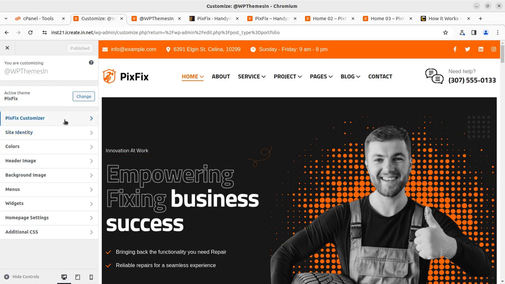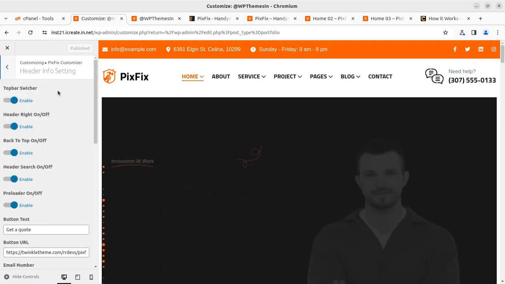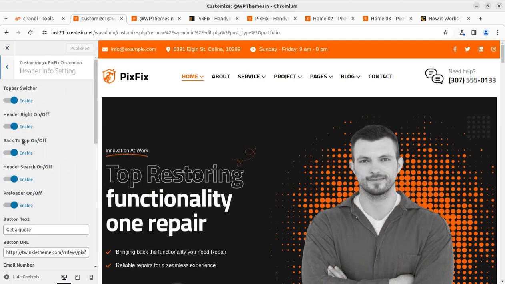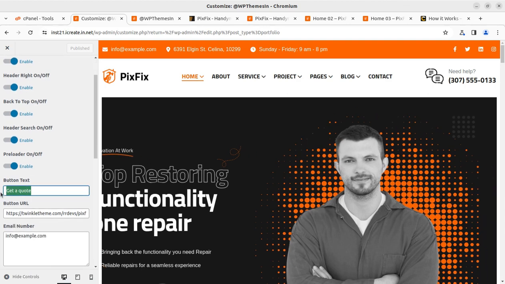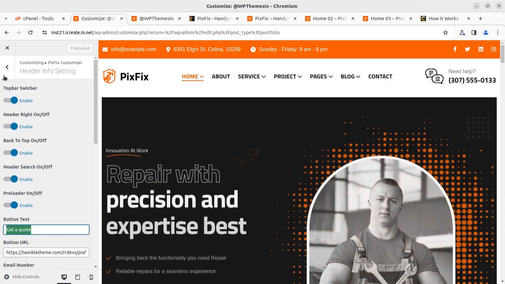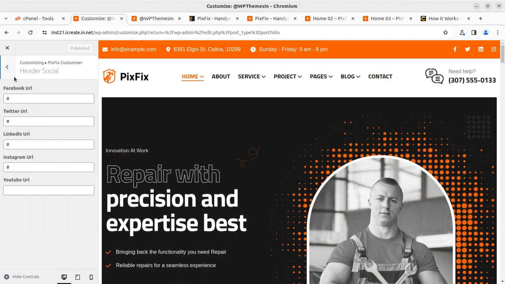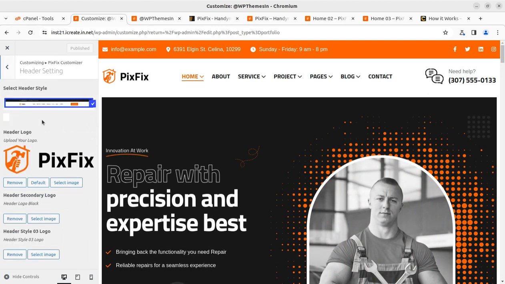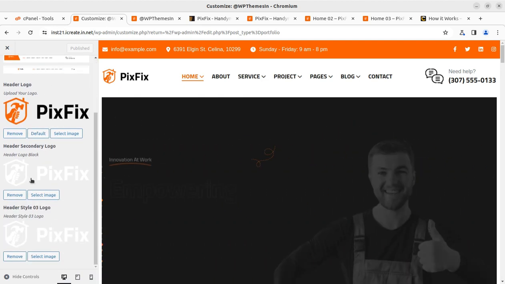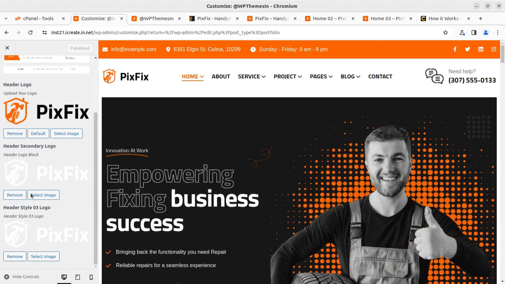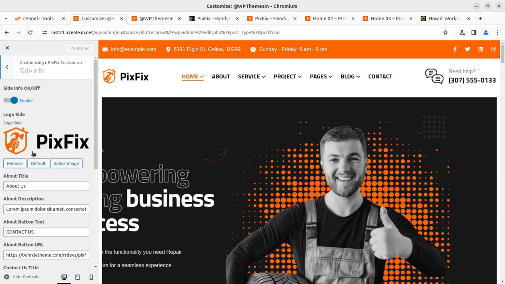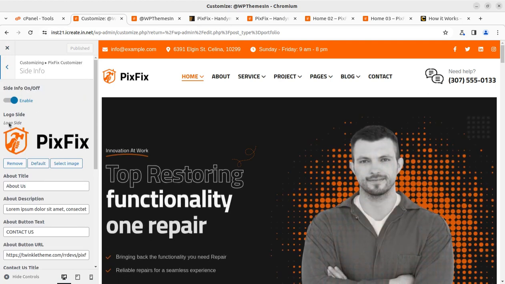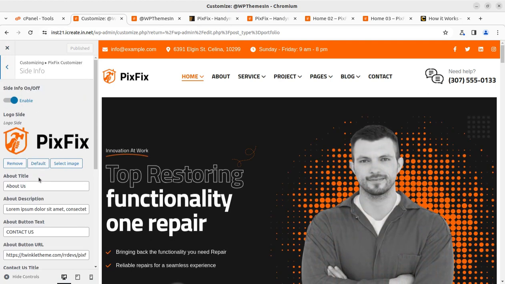And yes, the basic controls are here, like the PixFix customizer, header info, top bar switcher, and the header right on or off. So basic things can be enabled or disabled. Get a quote links can be changed from here. Under header social, we can update the social links and the header settings. We can upload the logo, the secondary logo, and even a third logo. So it is great. Then site info, like basic things and the logo, site on/off,